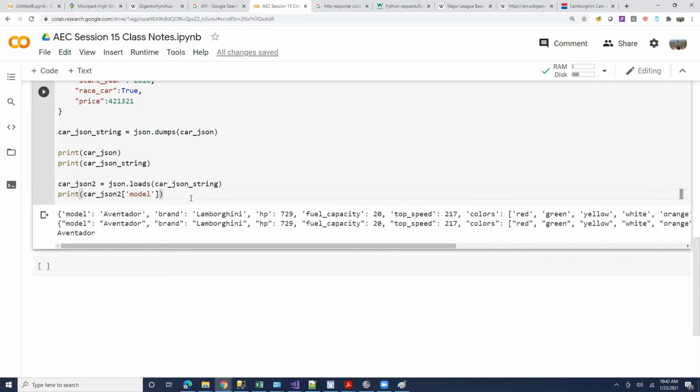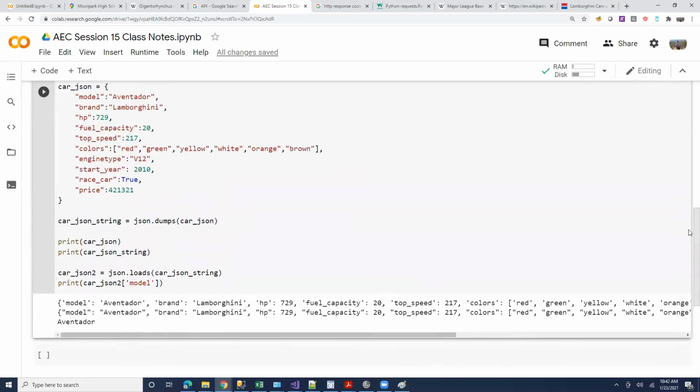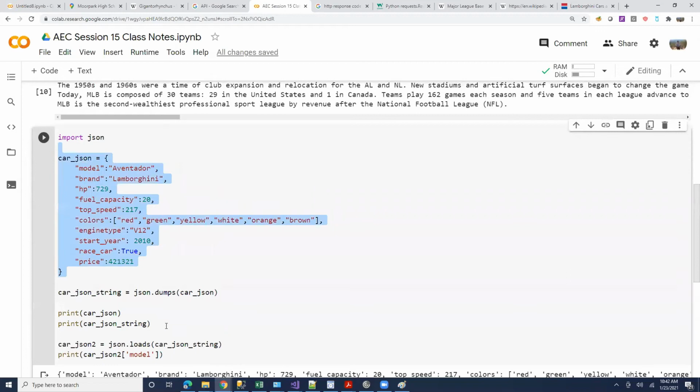If you guys don't have any questions, please try to create your own dictionary. Try to convert it into a string and convert it back into a dictionary and access some attributes similar to this, just so that you have practiced these commands yourself. You can try for maybe 2-3 minutes, and if you have any questions, we can discuss the questions now.